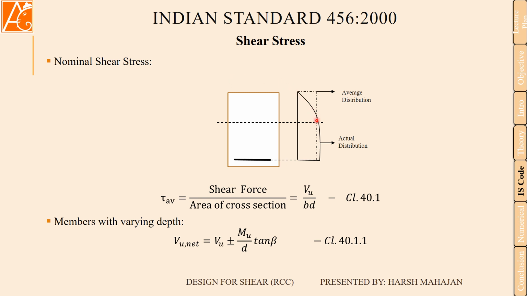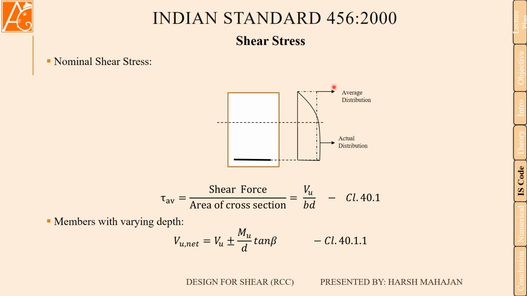This is the actual distribution of the shear stress in the beam, and this is the average distribution. Normally we see that it is parabolic in nature in a normal, homogeneous beam. What happens here is that below this, the concrete is cracked. So we will assume the shear stress to be continuously acting on that portion, and there is nothing to resist it. Above the neutral axis, concrete is there to resist it, but below it is not resisting. We are not considering that. That's why its actual profile will be parabolic at the start, and below the neutral axis it will go straight.